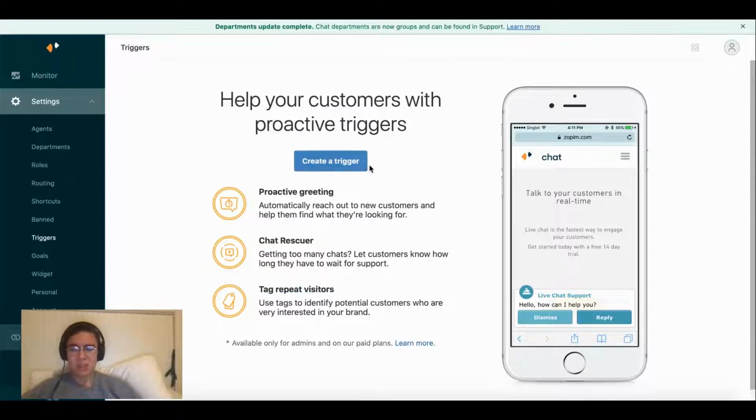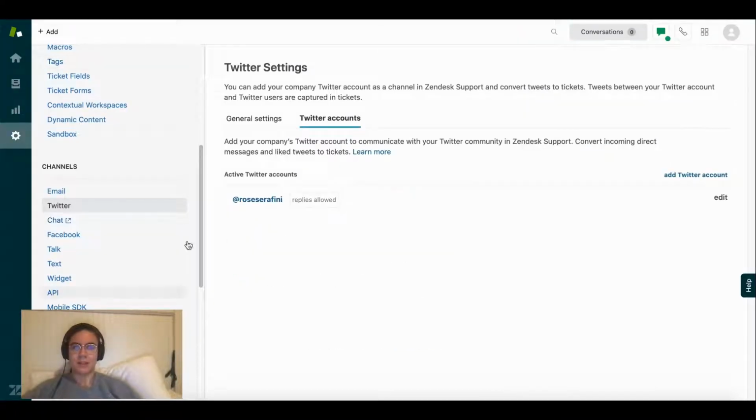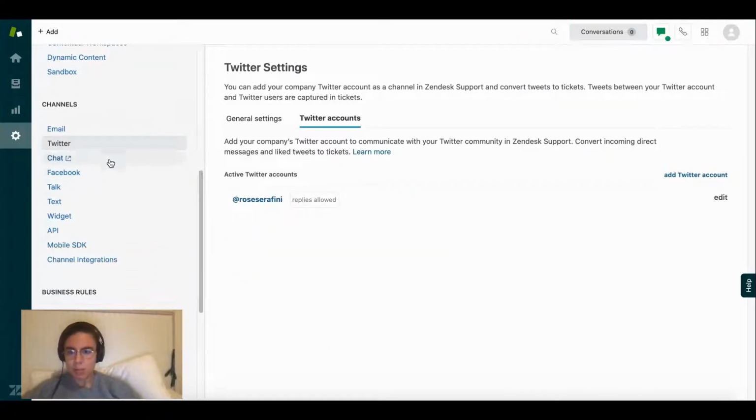Creating triggers is really great because you don't want to have to wait for the customers to reach out to you nowadays. When you visit websites, you'll see the little button down here saying, hey, it looks like you've been on this page for a while. Do you need any help? Does the support article work? You can even utilize contextual information via the widget, which we'll get into in a little bit. It's actually the perfect segue back into support